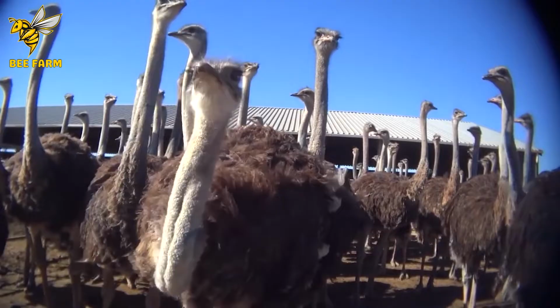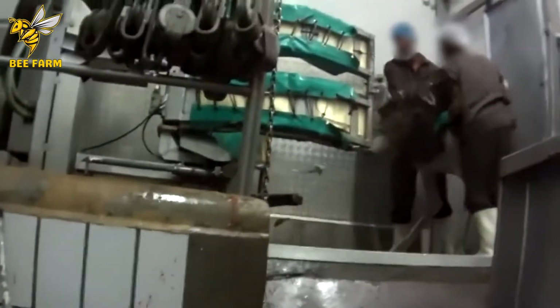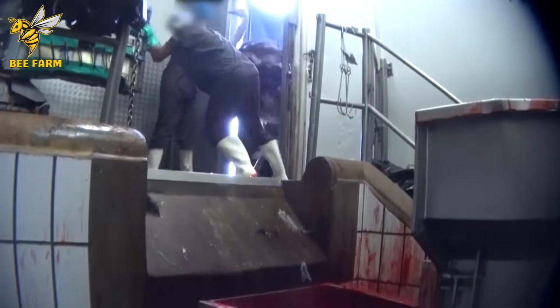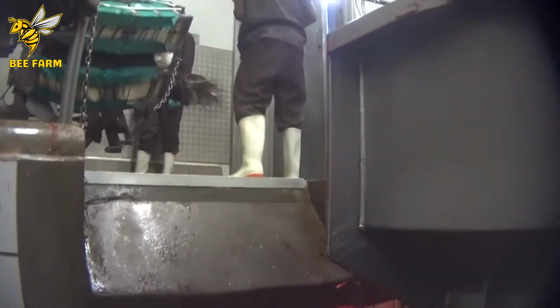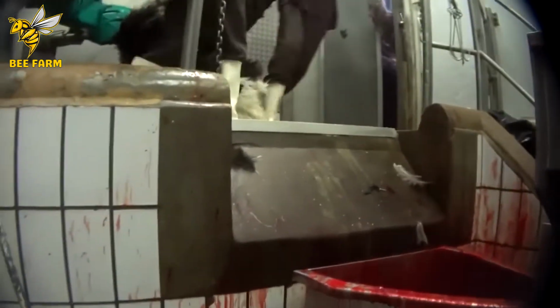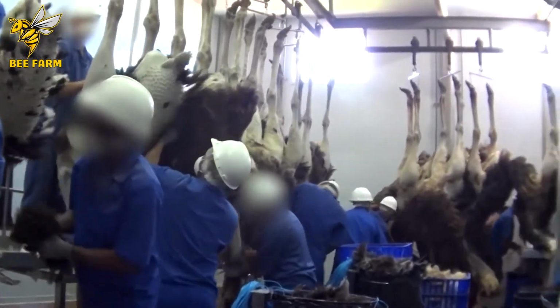The slaughtering process is carried out humanely to minimize animal suffering. The process needs to be delicate and strictly followed. In terms of safety and ethical regulations, the first priority is to ensure that ostriches are unconscious before slaughter to minimize their suffering. As much as possible after slaughter,